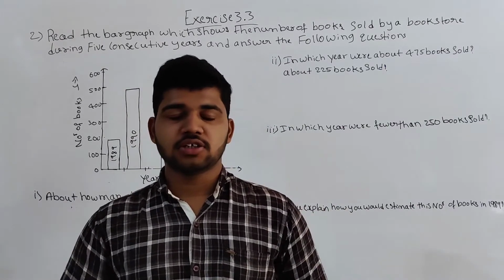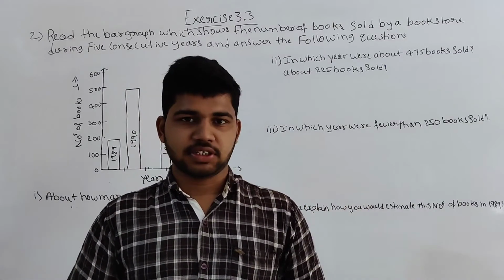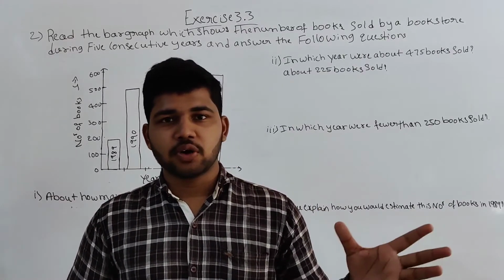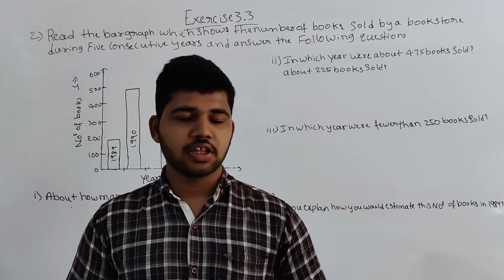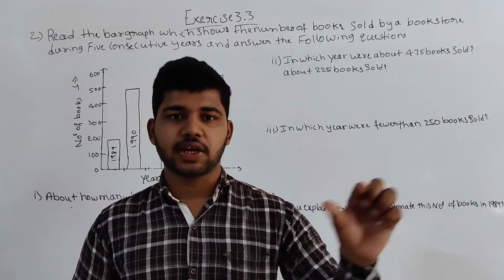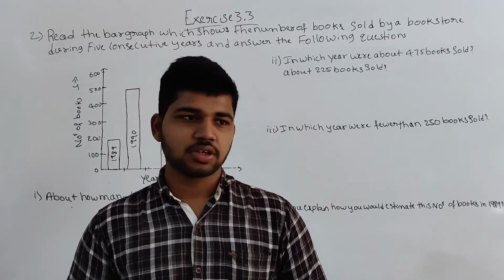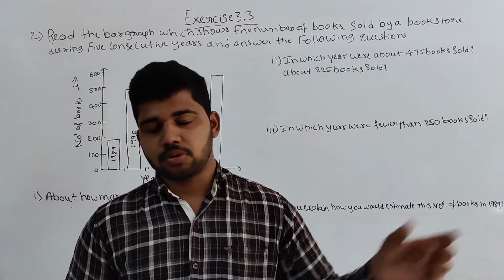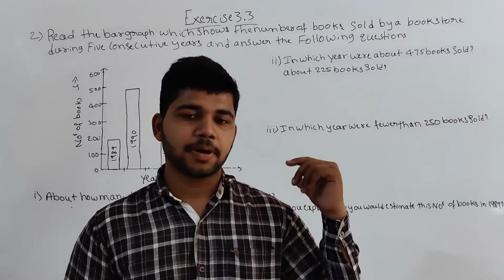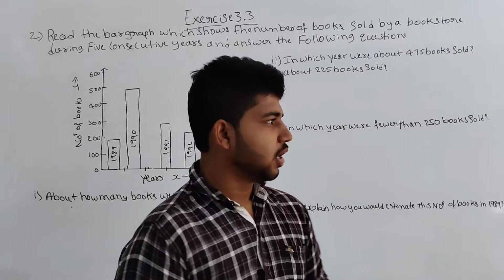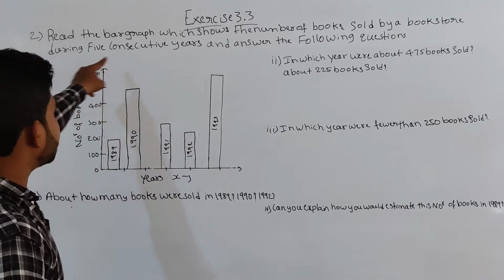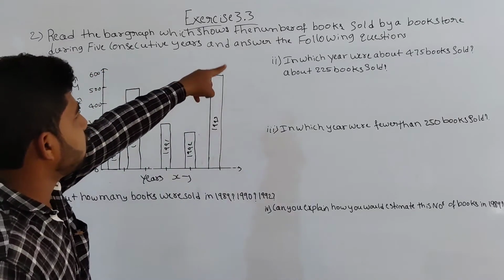In the previous video class, we already studied exercise 3.3, and in the last class we already completed what is meant by bar graphs. What is a bar graph? It is the representation of data in graphs in the form of rectangular bars. It is called a bar graph. We have already taken one example for bar graphs and we also completed the first problem in exercise 3.3. Coming to the second problem, read the bar graph which shows the number of books